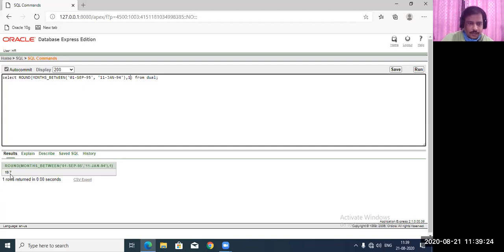So now what is this? This is the number of months we have. Now I am keeping this as the rounded value. If you want to calculate a particular value from two dates, written as an integer value, you can use the MONTHS_BETWEEN function. Now, where can we use this particular function?